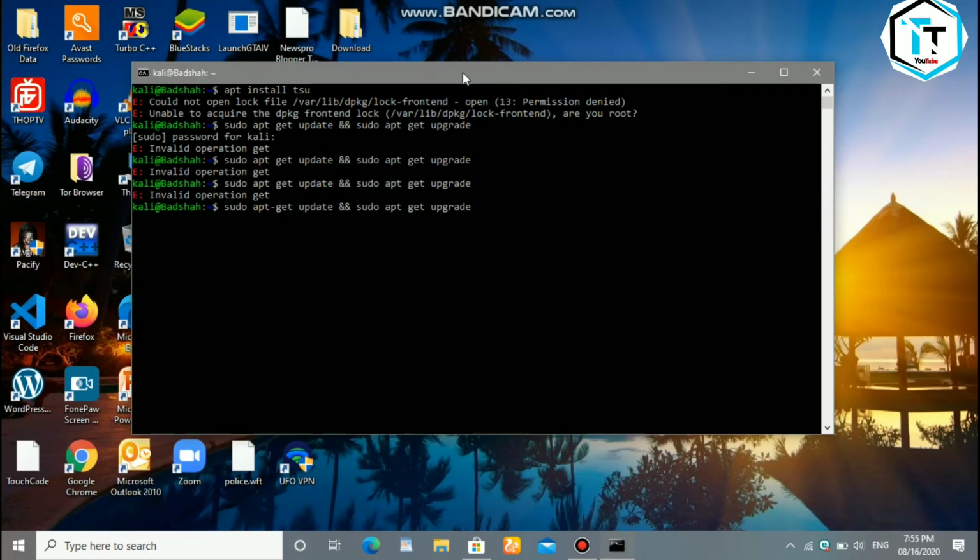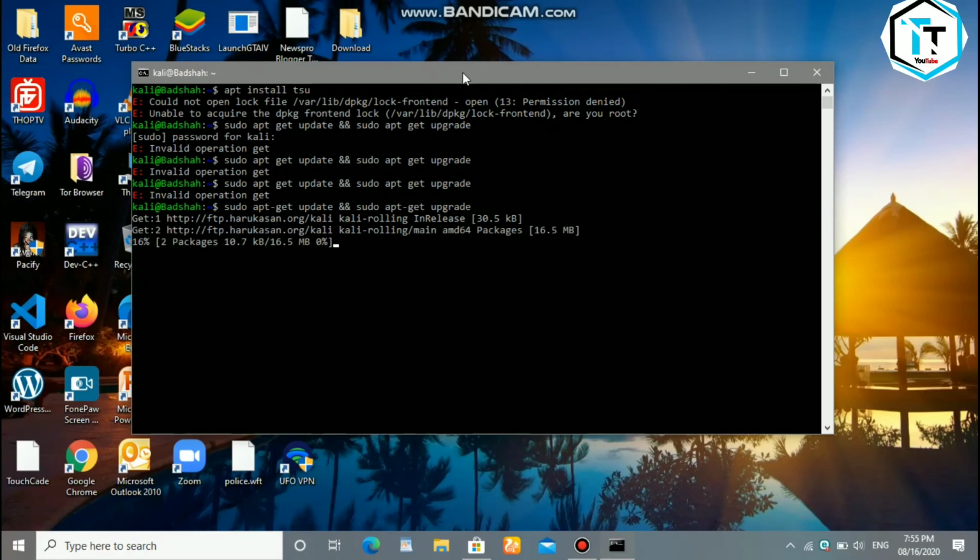There is a hyphen between these two words, so don't forget these small things when you install. And you can see that my update is working on Kali Linux, and it can install all the commands on my Kali Linux on my Windows subsystem.